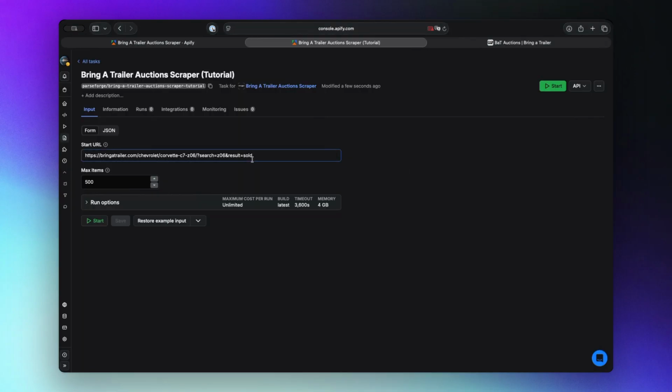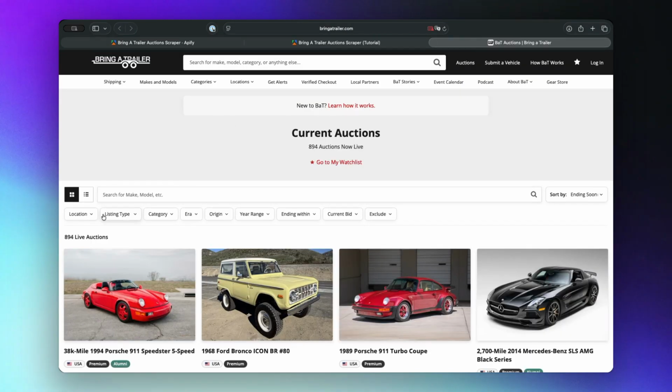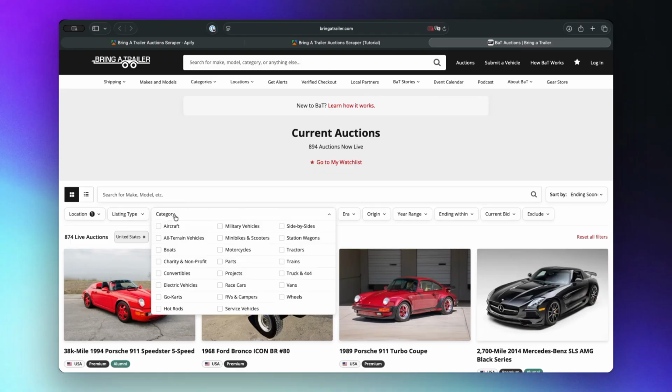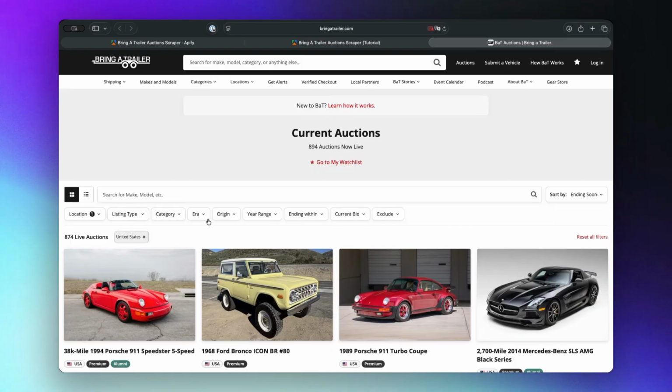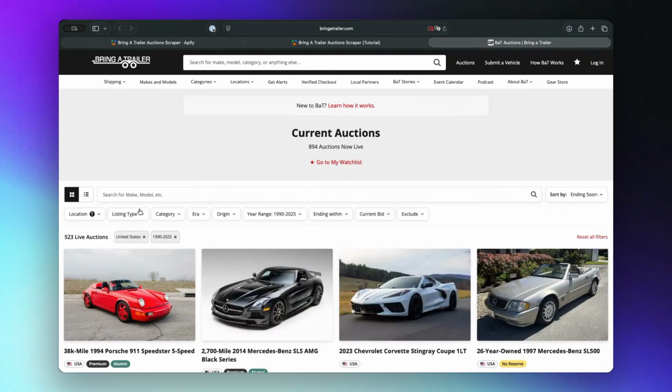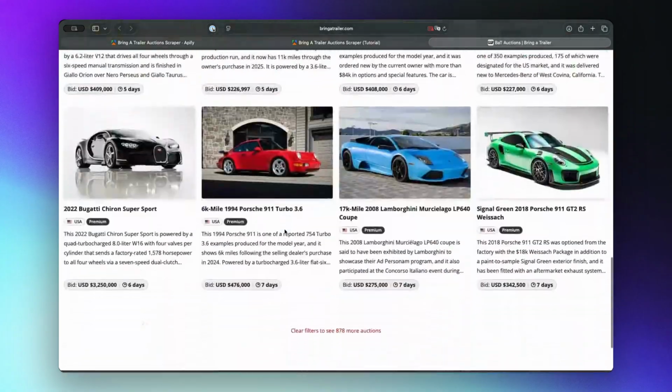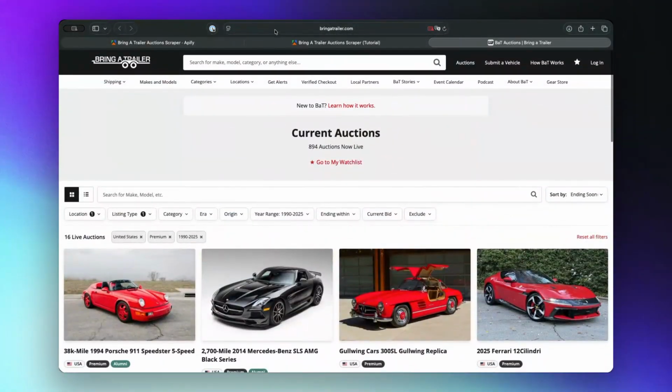So, how does it work? The input is pretty easy. You just need a start URL. So to get it, you go to Bring a Trailer, and let's say you want location United States. We'll leave the category. We'll have the range from 1990 to 2005, and we'll list premium. You can see there's a whole range of listings here. So we'll just copy the URL